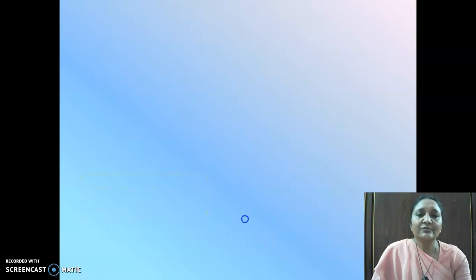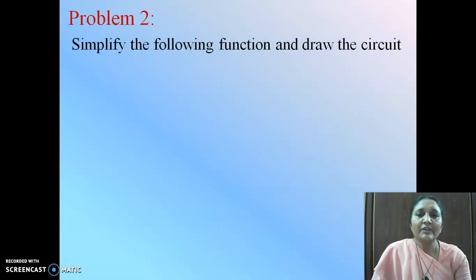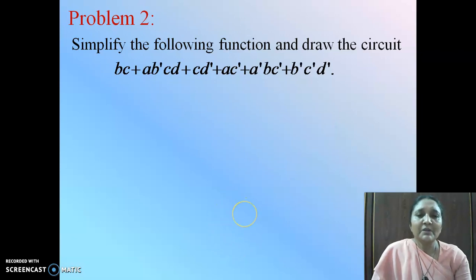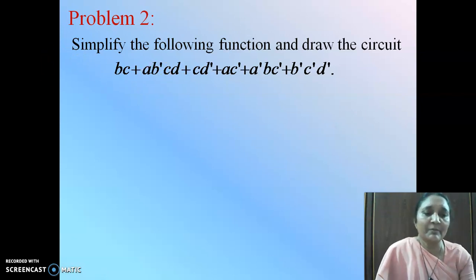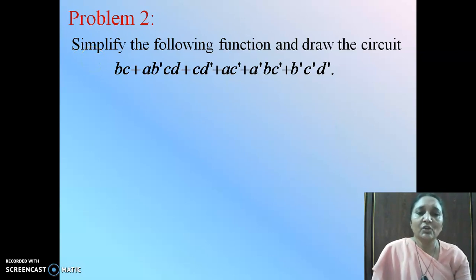Now you have the second one, where you are given the function and we have to simplify the function and draw the circuit. In this problem, we see different notations are used, which means different operations are used. Instead of meet and join, we have the operations of addition and multiplication. So we can take your meet operation to be equal to multiplication and your join operation to be equal to addition. Wherever addition is used, you can think of it as a join operation, and wherever multiplication is used, you can think that it is a meet operation. So accordingly, you can apply the operations.